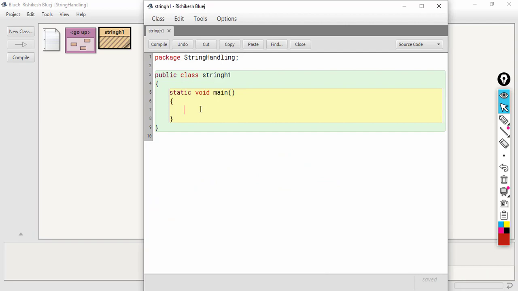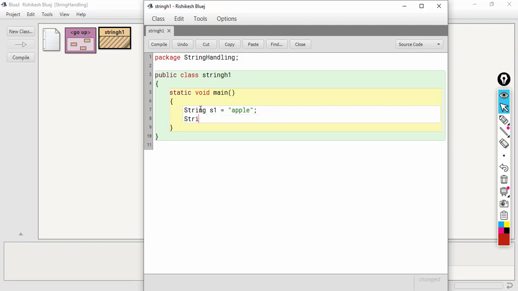So now let us do it practically in BlueJ. Let's create strings using implicit and explicit methods. So first of all, let's create one string s1. When I assign, let's say apple, this is an implicit way of creating the string.